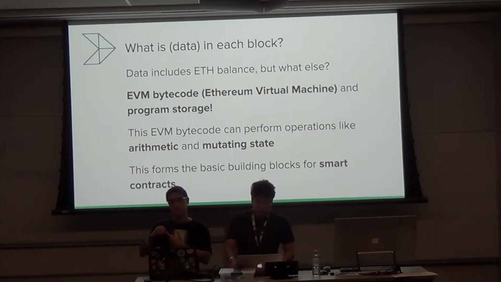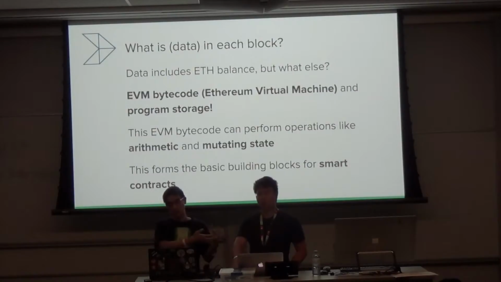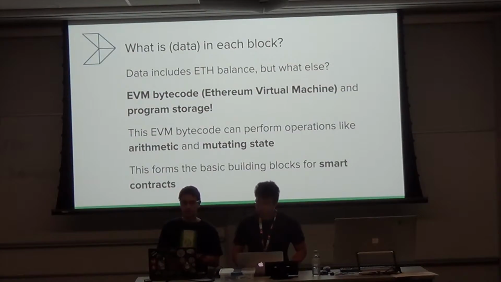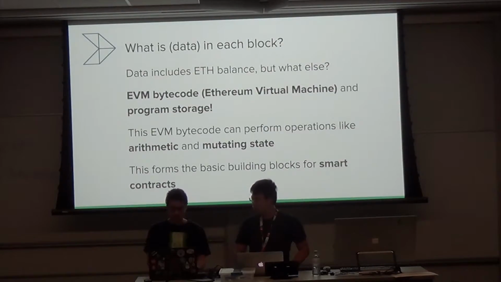So there are two kinds. The first is the normal kind, where maybe I send Anthony 3 ETH. And then there's a second kind where you use a special type of transaction to deploy your smart contract, so you're uploading code into the Ethereum system. You can also choose to run parts of an existing contract by sending a transaction to it. But that's a lot of scope for this.